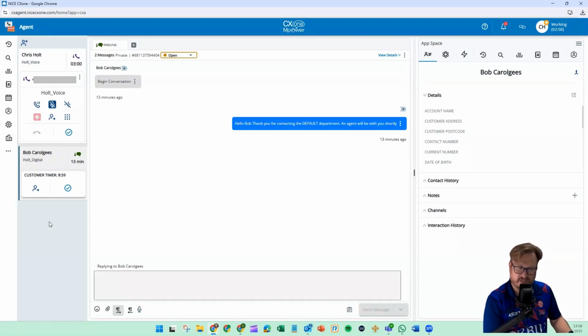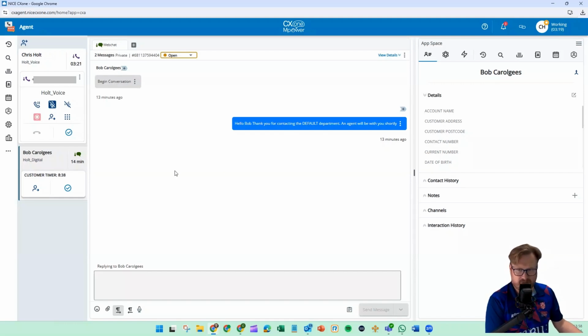And with the advances that you've now got in both the new interaction model and the agent contact state changes, plus the ability that if you want to, you can put channel lock on voice and on chat to treat them as live. So if I'm on a call here, I can actually lock out chat and vice versa. There's a lot that you can start to do with CX1 Agent. It just makes life easier for your agents now.